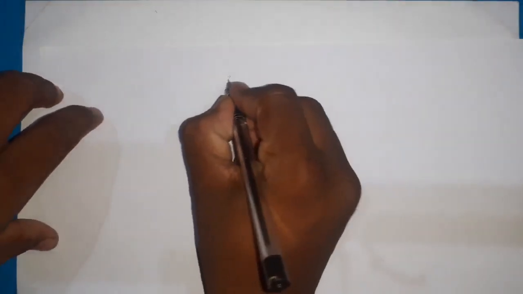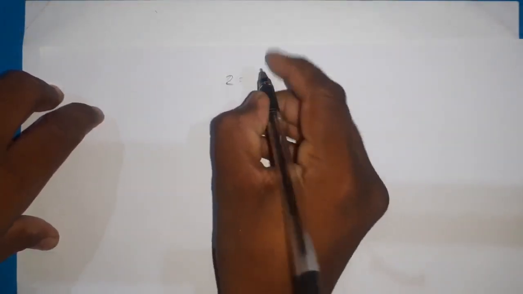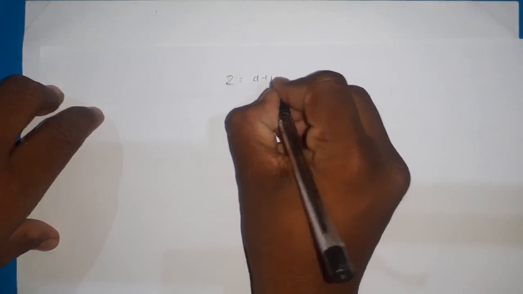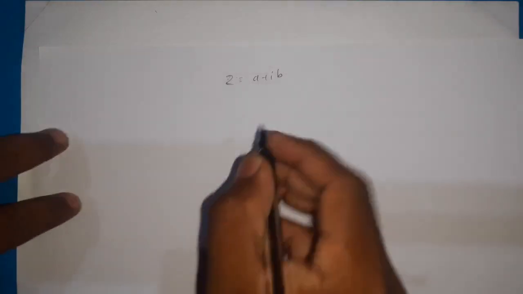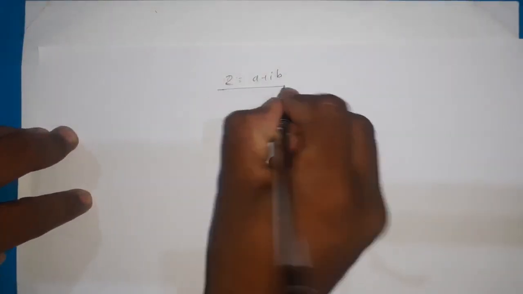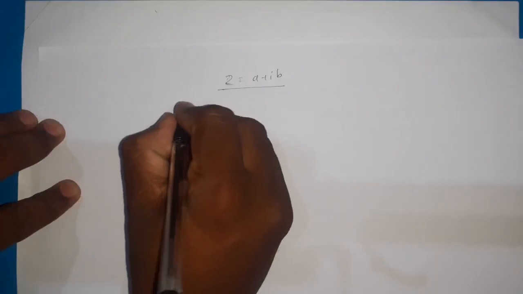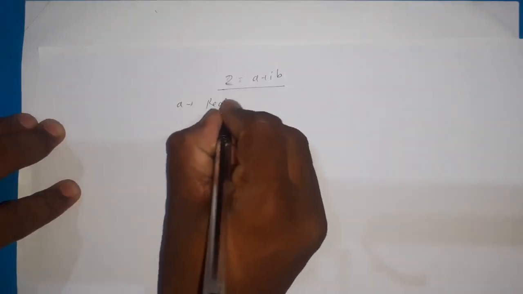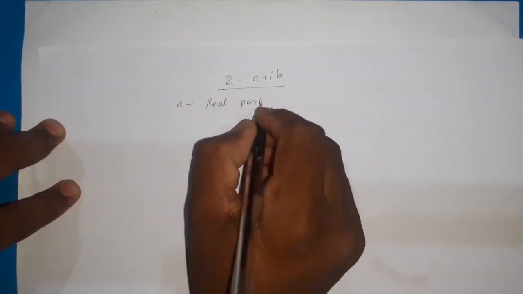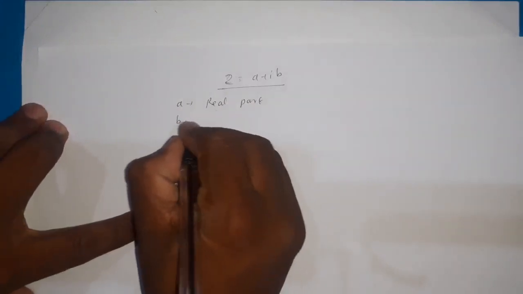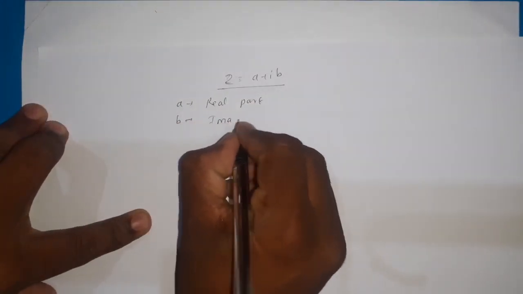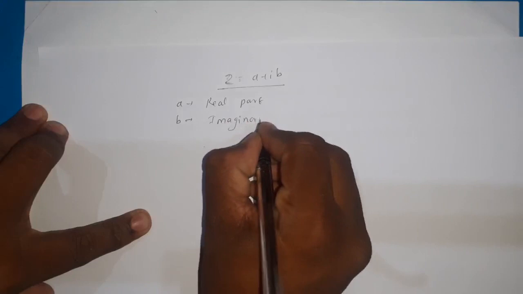The numbers of the form z equal to a plus ib are called complex numbers. In this number, a is called the real part and b is the imaginary part,